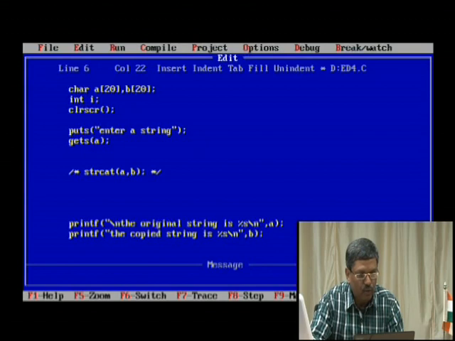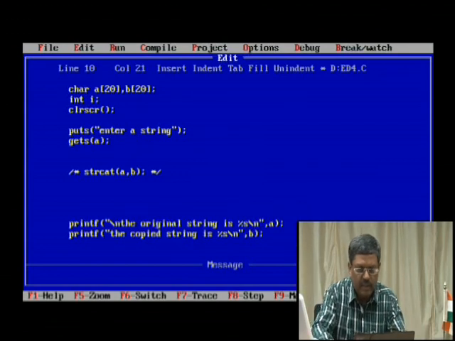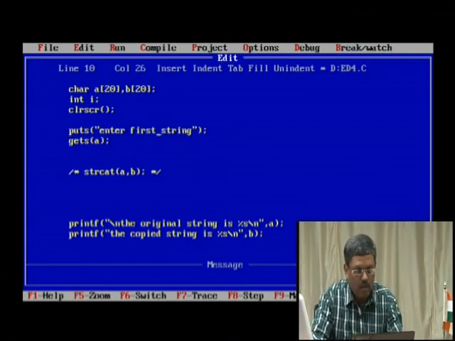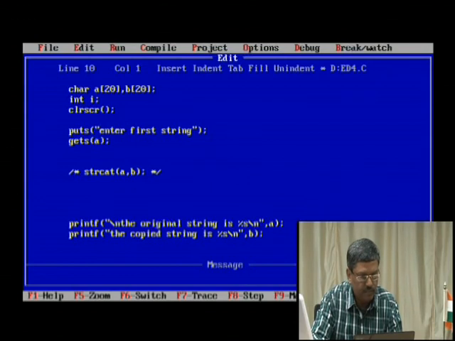I will show you. We need two strings, A and B. We don't need a third string because we are not going to make a copy of it. Directly we want to combine and print it. Enter first string. I will make a copy of this.